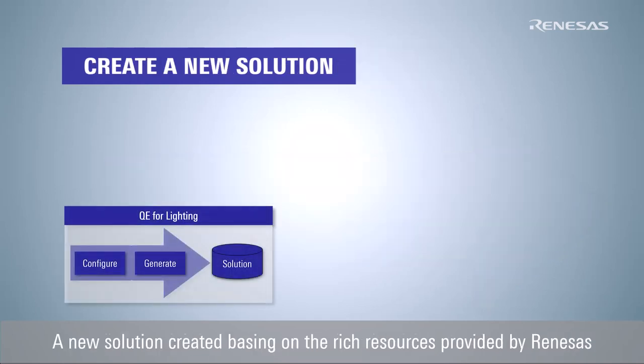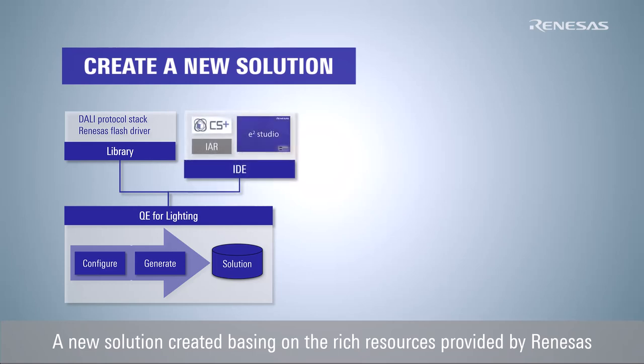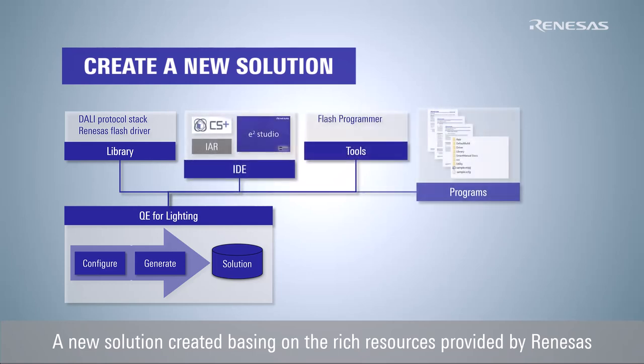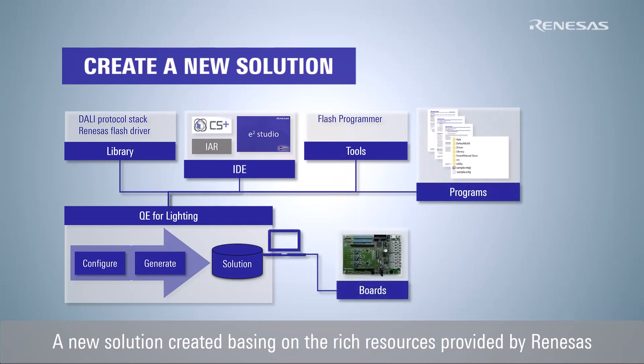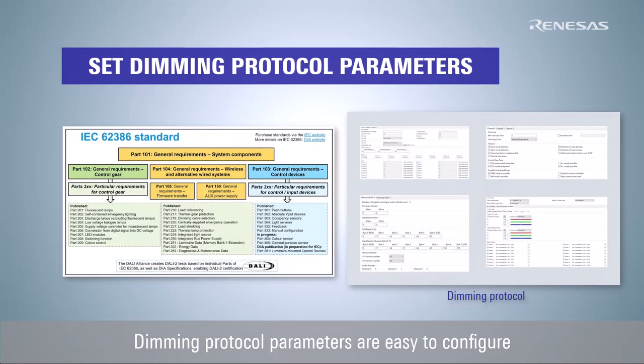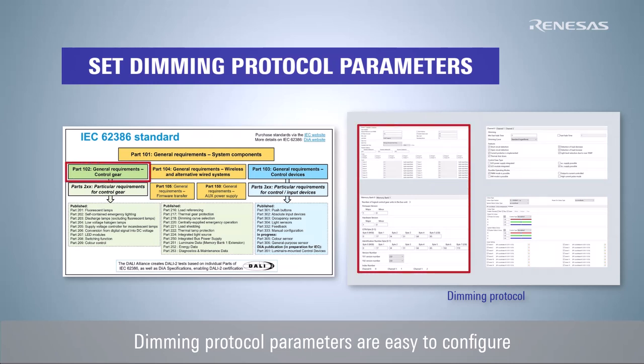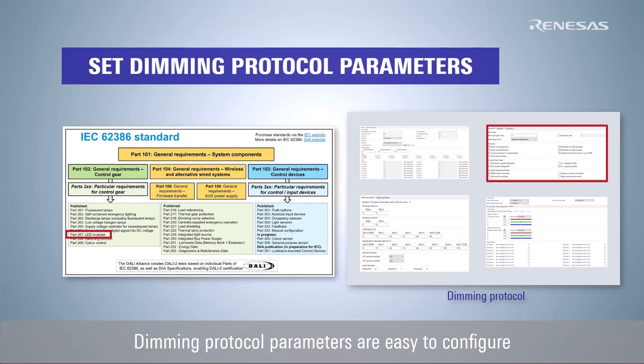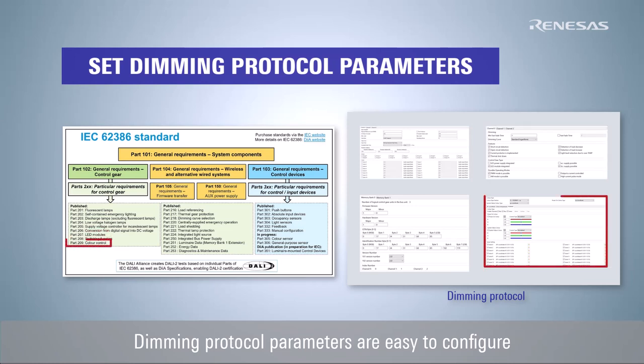QE for lighting seamlessly integrates Renesas lighting system libraries, integrated development environments (IDEs), programming tools, solution programs, and evaluation boards. Users can create new solutions based on these rich resources. The parameters of the dimming protocol can be configured through a graphical user interface. For example, the graphical user interface for the DALI protocol is organized according to the protocol structure for easy understanding